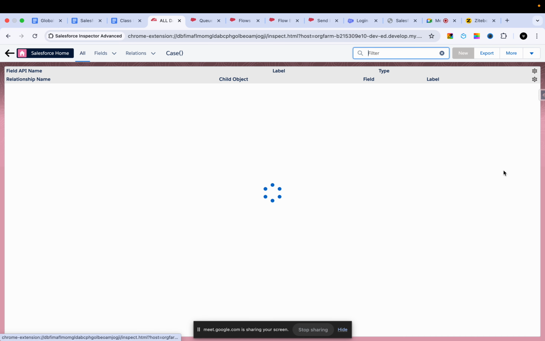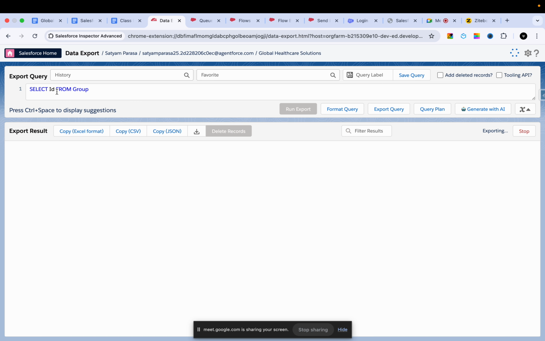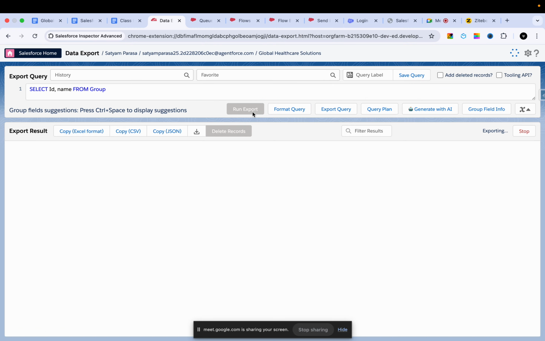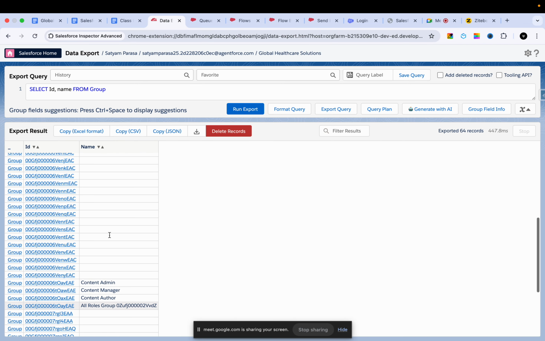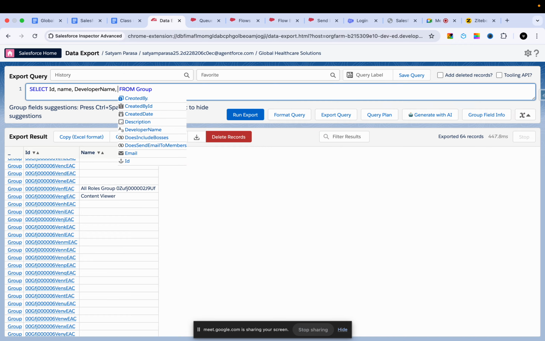So simply you can use queries here. I assume you understand basic queries. There is no object called queue. We have to use group. And when I put the name, developer name,